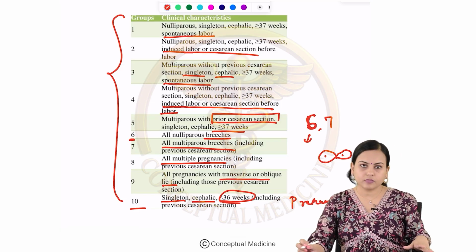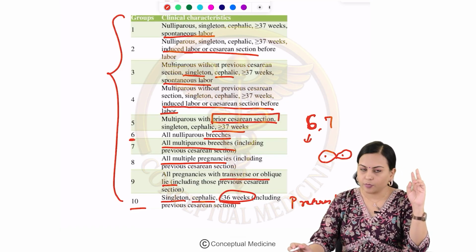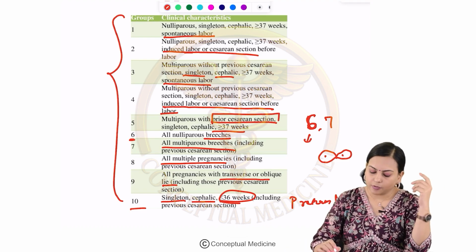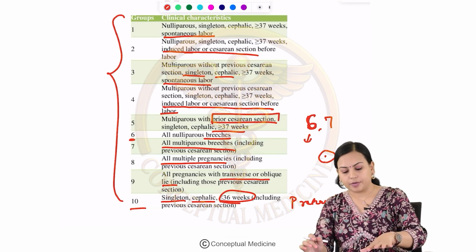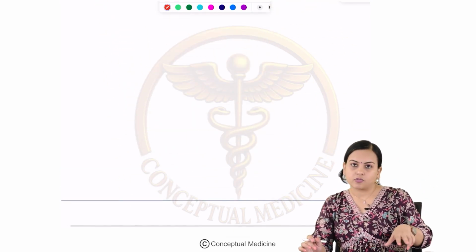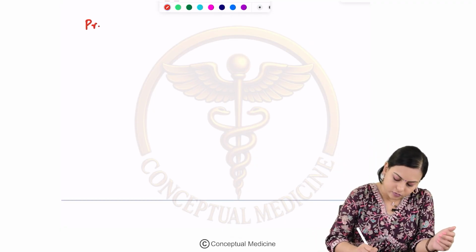Clear? Okay. So, 1 and 2 about nulliparous, 3, 4, 5 is about multiparous, 6 and 7 are about breech, 8 is about multiple pregnancies, 9 is about transverse or oblique lie, and 10th is about preterm labor. Clear? So, Robson's classification is also very important. Now, we will see what are the prerequisites while preparing for